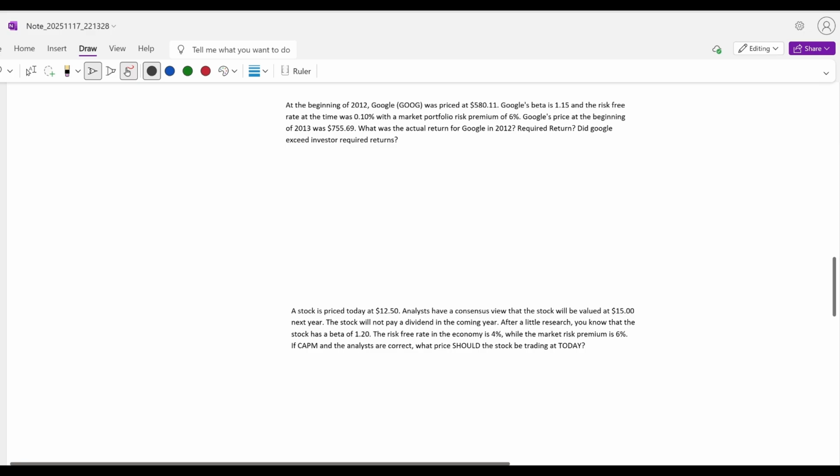Google exceed investor required returns. First off, we can start with what was the actual return for Google. At the beginning of 2012, it was priced at $580.11. I always remember that at the beginning of 2012, $580. You always use that beginning one twice, the before year twice, so you'll start with the 2013 year, so it's